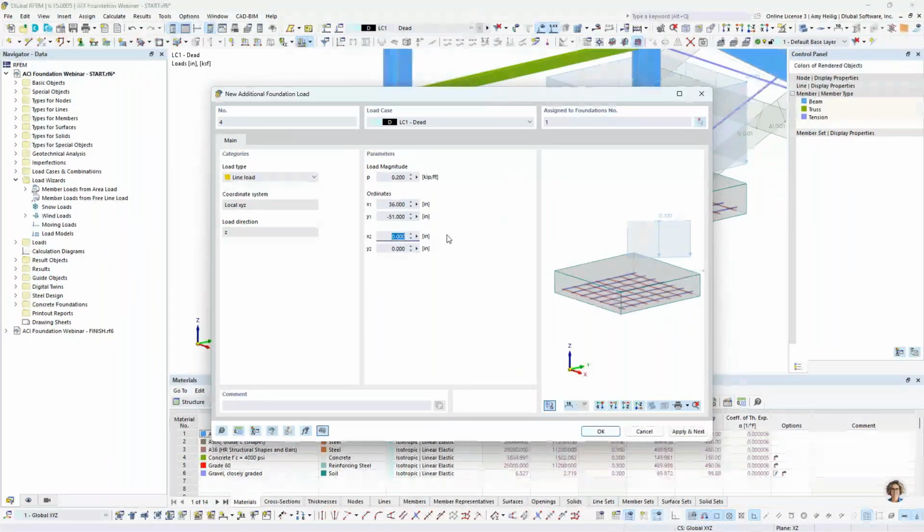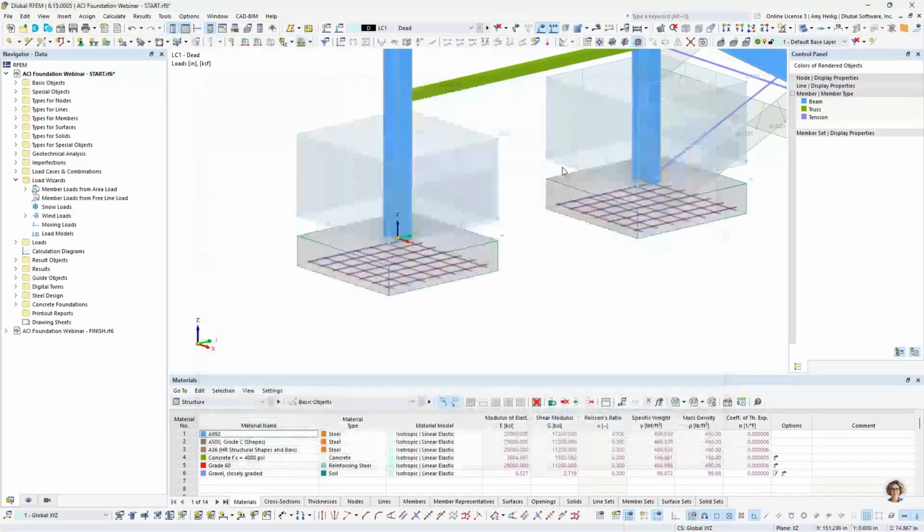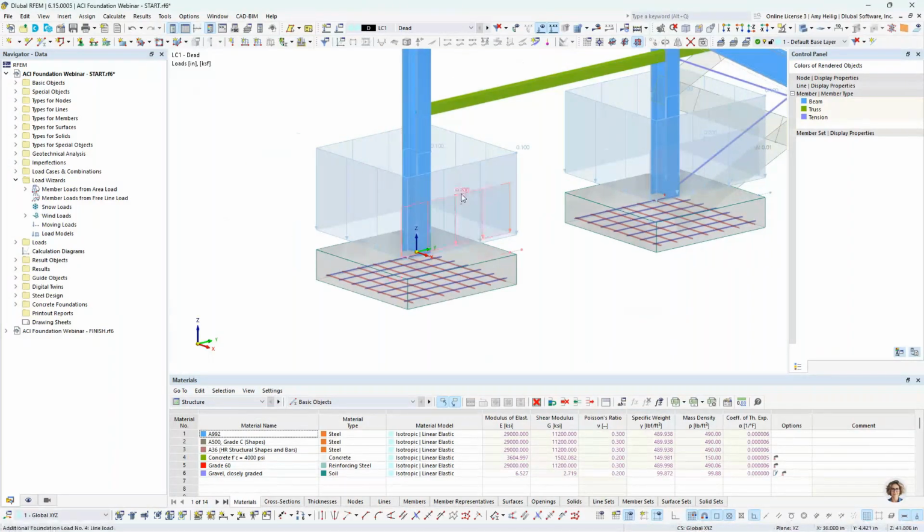X2 will be 36 once again, and Y2 will be positive 51. So we see that line load update accordingly here in this graphical view. And when I click OK, I am brought back into the global RFEM 6 model where, once again, I know it's a little bit difficult for you guys to see, but there is this line load that exists